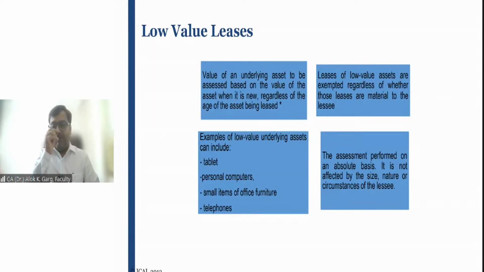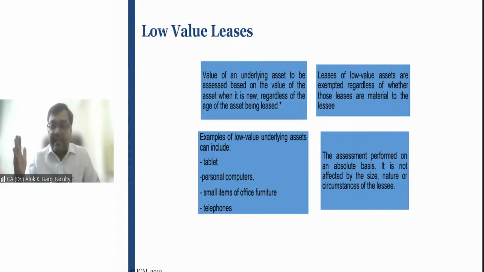What should be low value for them is according to their materiality policy, right? So they are saying whether 10 lakh is material for them, 20 lakh is material for them, or let's say 5 lakh is material for them. So they are making a policy. Like Reliance, I have told you, if they make a policy of 10 lakh or 15 lakh rupees,